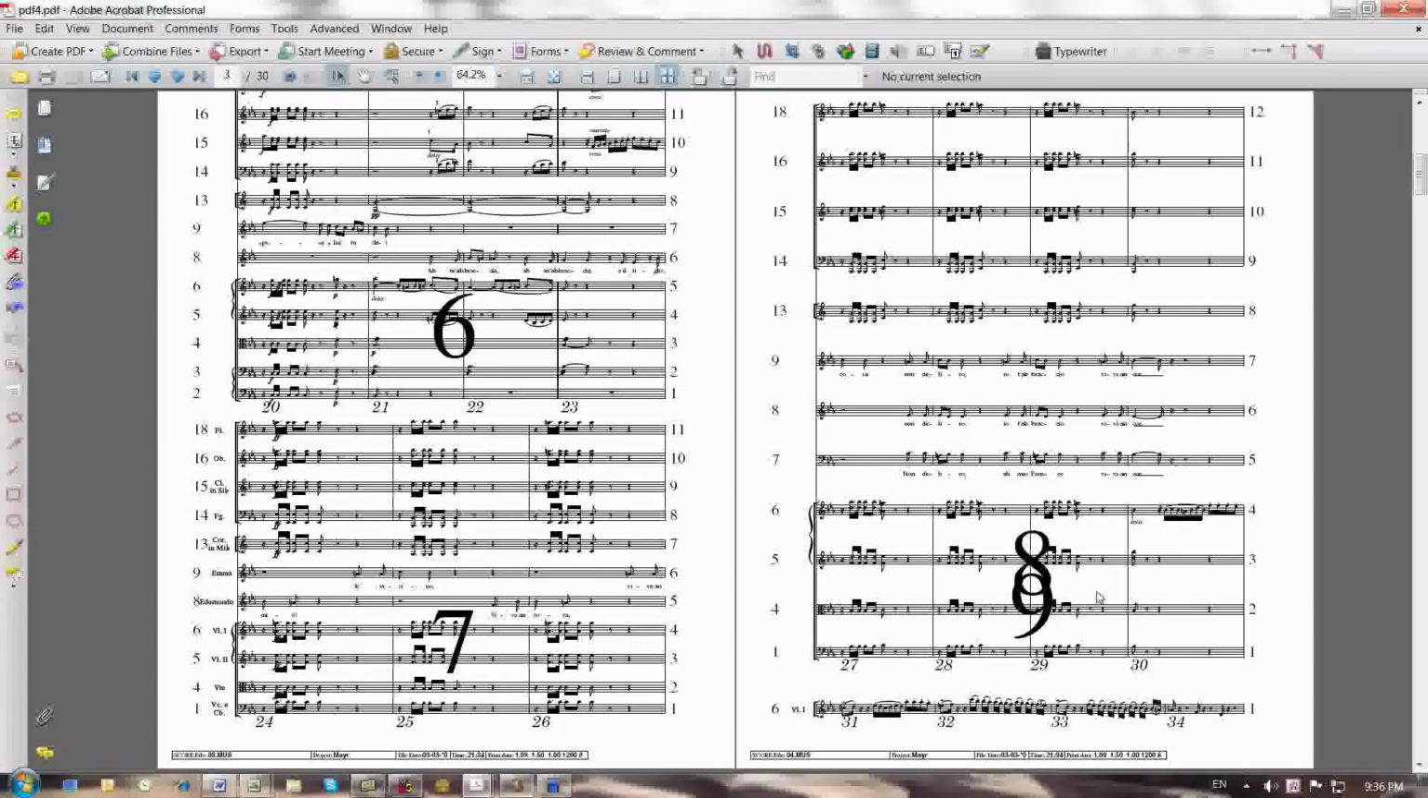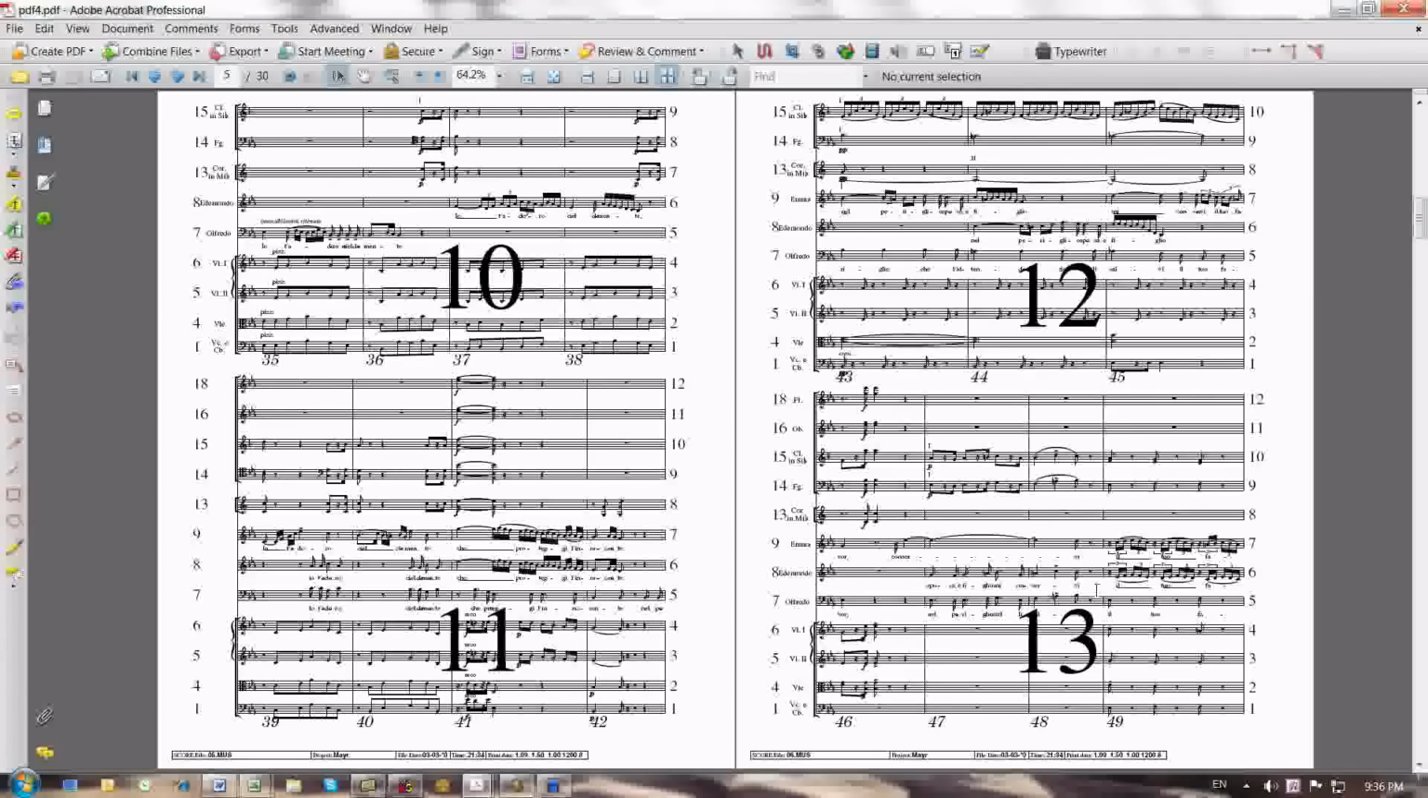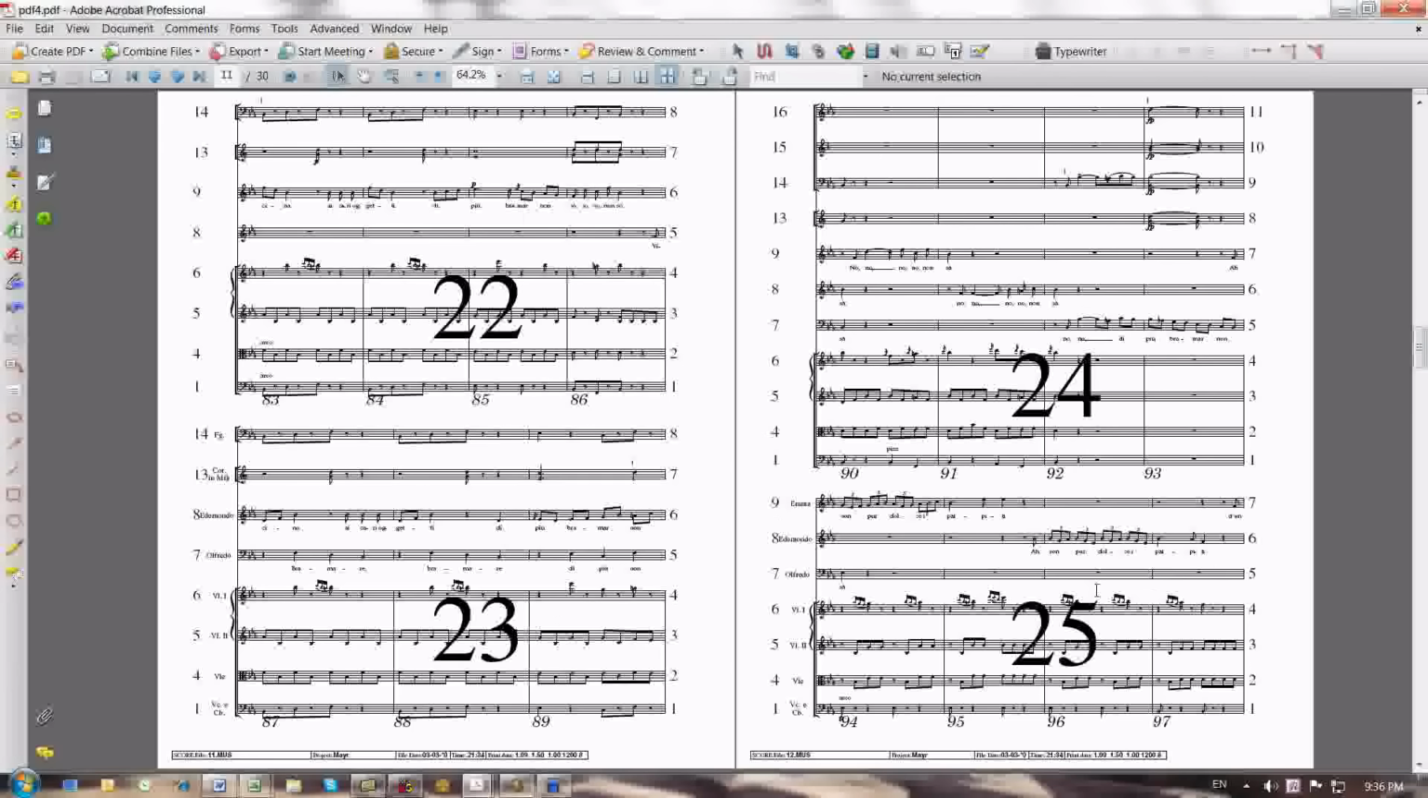But it's no big deal. I mean, you can see 8 and 9, that's correct. 10, 11, 12, 13, 14, 15, 16, 17. Anyway, you can trust me on this. They're all in the correct sequence,